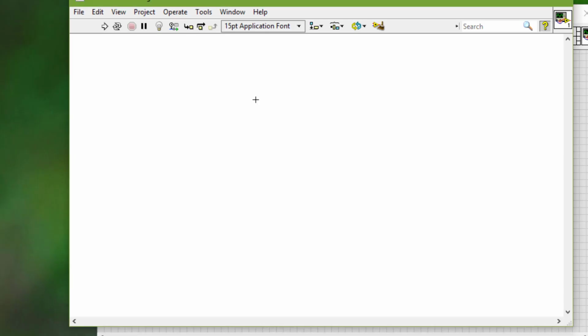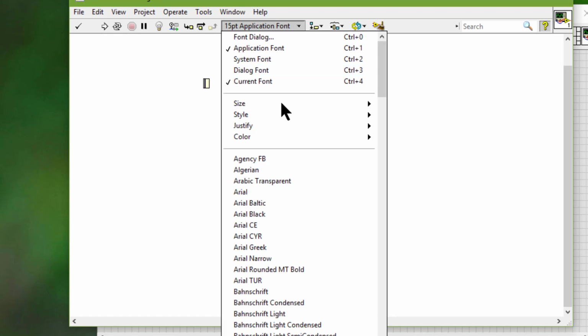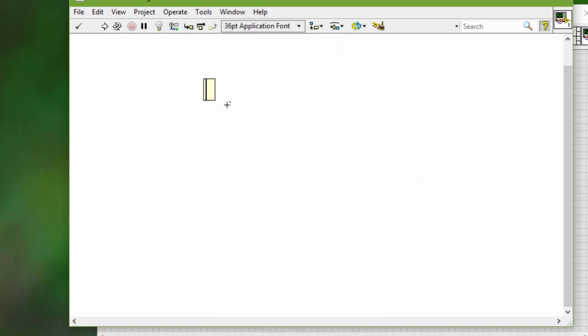A shortcut menu plugin must contain these three types of files, where X is the name of the plugin. This CTL is the type definition that specifies the object that the plugin affects. Next is the